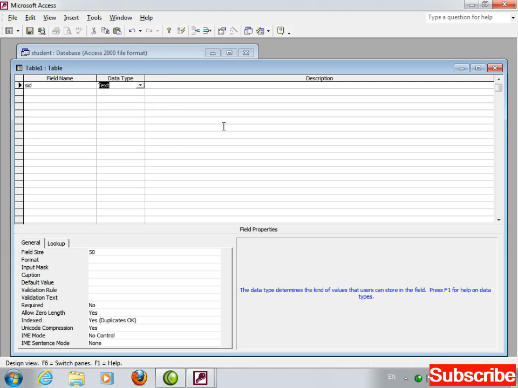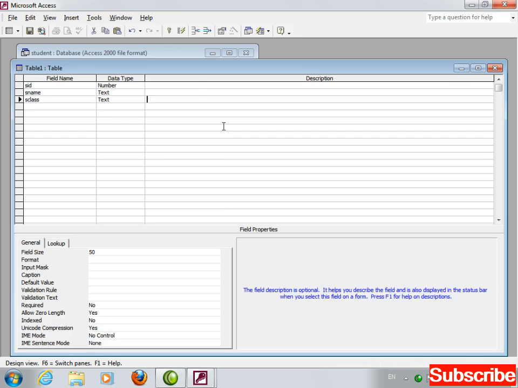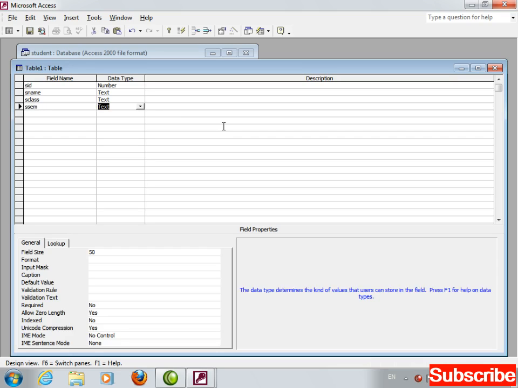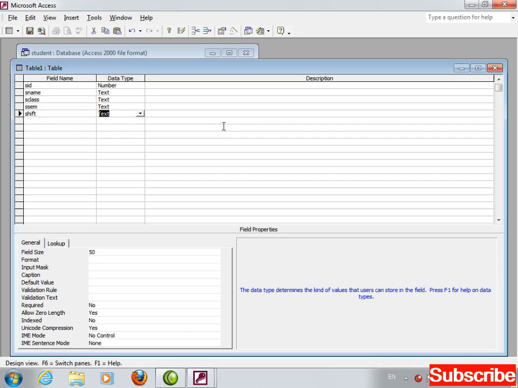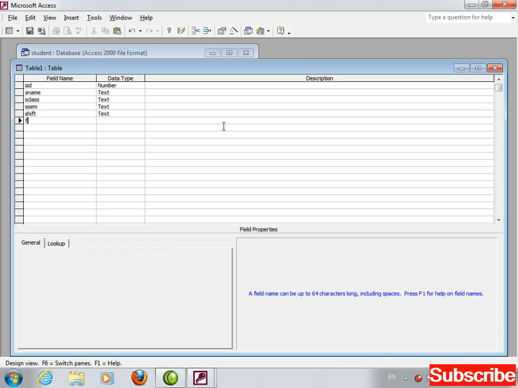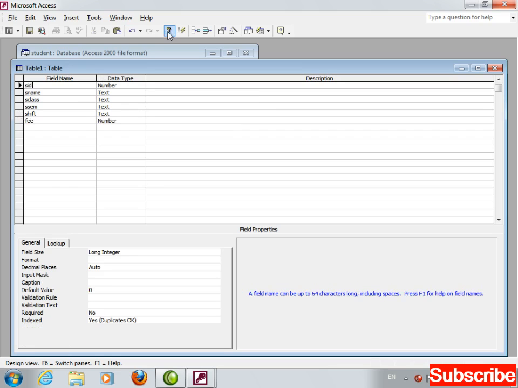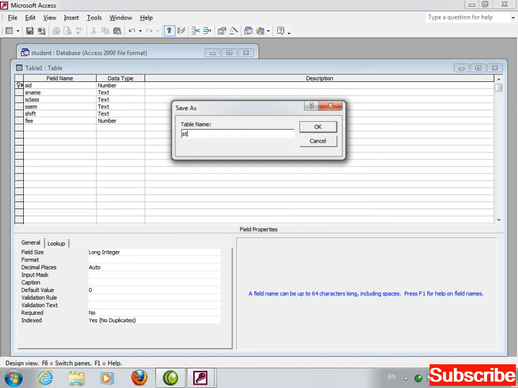This is student ID, number, S name, text, class, text, semester, text, shift is also text, fee, number. Student ID, I am going to make it primary key, close it, yes, and std.